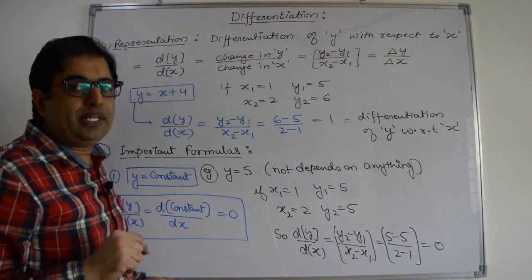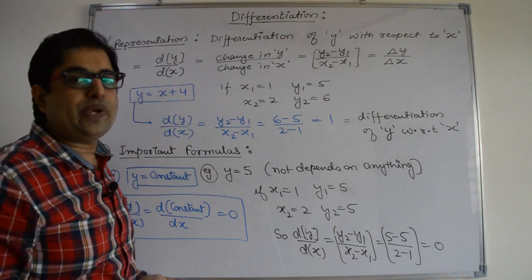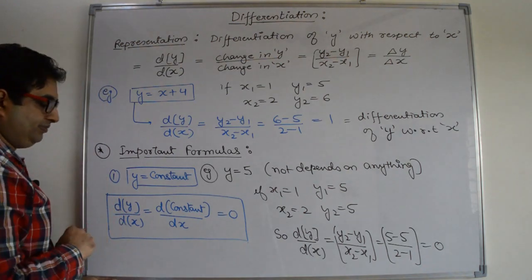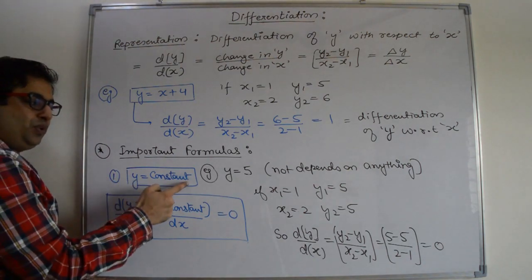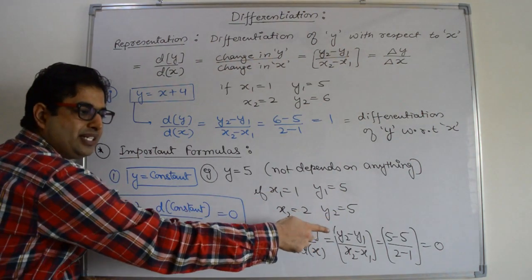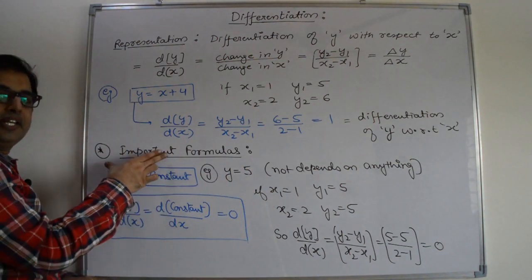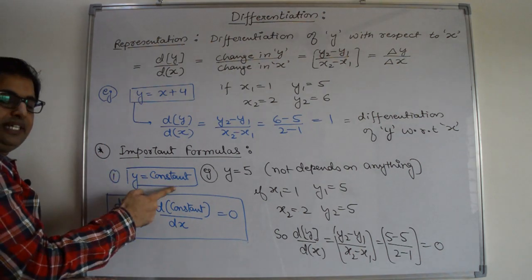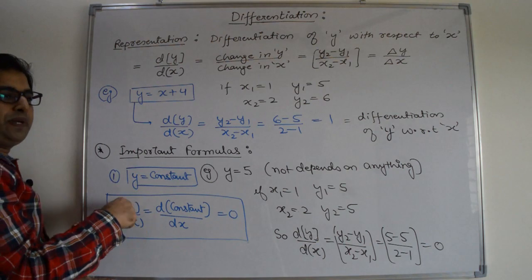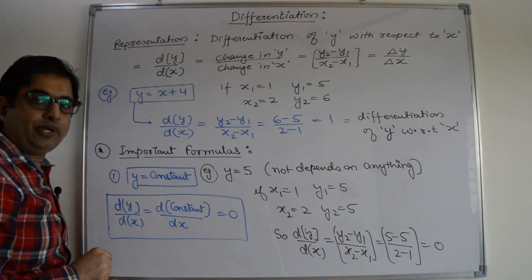You have to remember this formula that differentiation of any constant is always equal to 0 because it will never change. So y equal to constant, then differentiation will be 0. You can see the method. We will not see the method for other formulas. We will see direct relation. So any constant, then differentiation of that constant with respect to x or with respect to any variable is always equal to 0. Got my point?